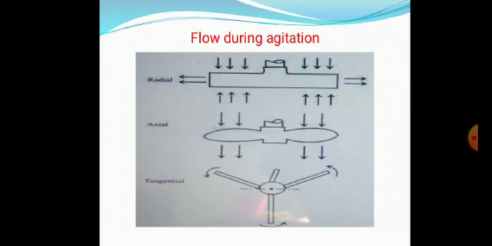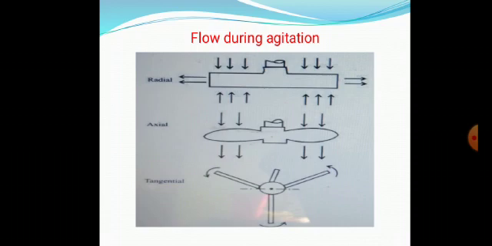Next, what is very important in agitation? As I told you, modern impellers, so many types are there, all are made for a purpose. The purpose is mixing of the medium. So you can see in this diagram, basically three types of mixing will happen: radial mixing, axial mixing, and tangential mixing. Radial mixing means when the impeller is moving, the arrow mark shows how the media is moving. The media will be moving horizontally away, and vertically they will be moving towards the impeller on both sides, up and below. You can see in the first diagram, radial I am telling.